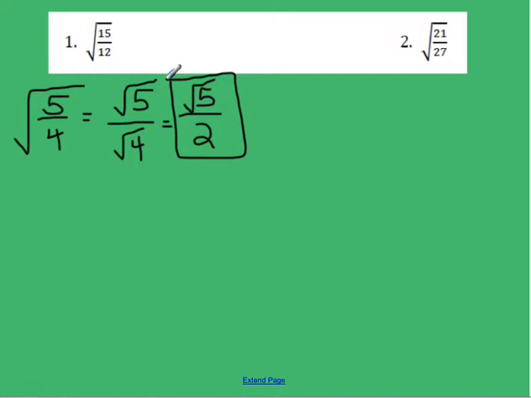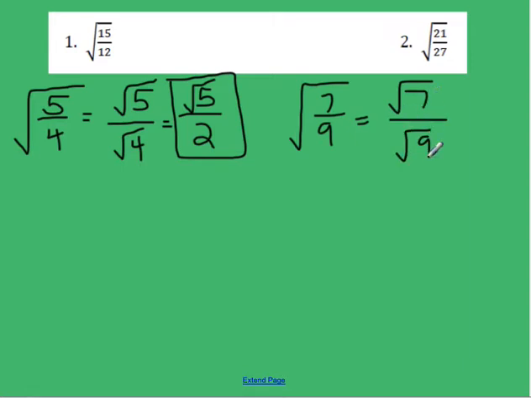When you have 21 divided by 27, we can reduce that fraction. 21 and 27 are both divisible by 3. So then I end up getting 7/9. Again, I'm going to go ahead and apply that quotient property. So I'm going to split it up to be the square root of 7 divided by the square root of